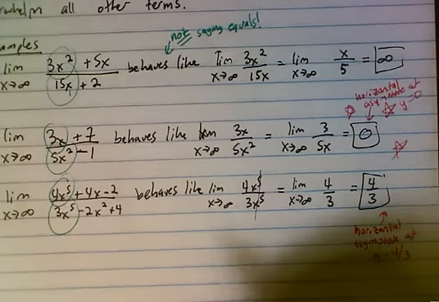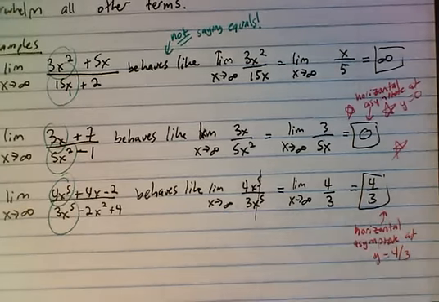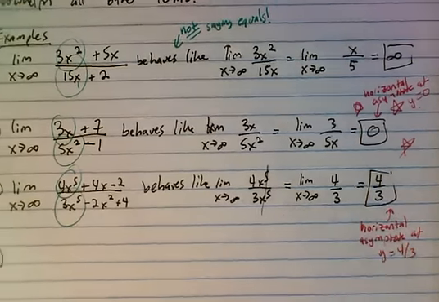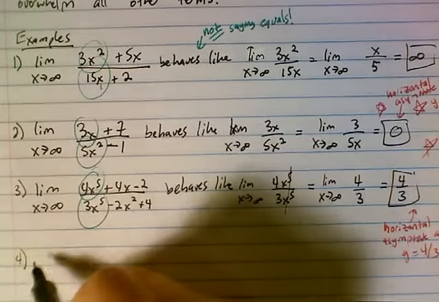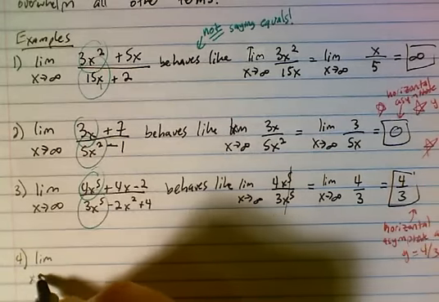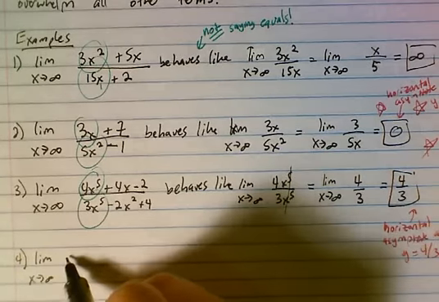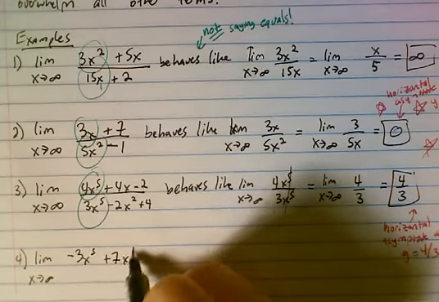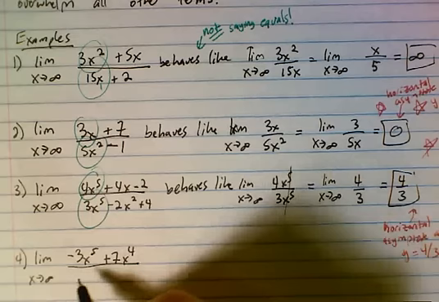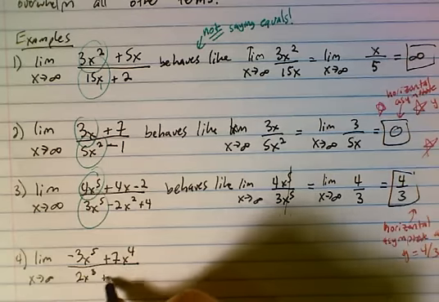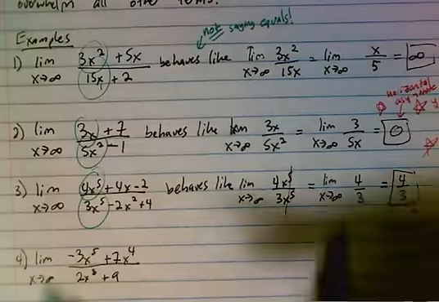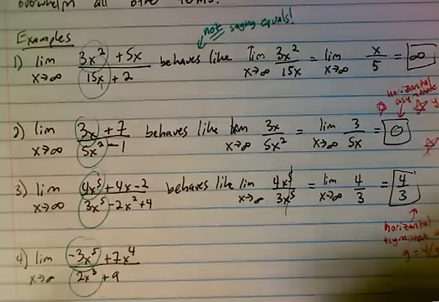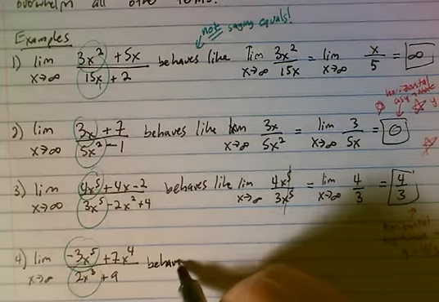We can also end up with limits where the sign changes. So the limit as x approaches infinity of negative 3x to the 5th plus 7x to the 4th over 2x cubed plus 9. So the biggest exponents here behave like